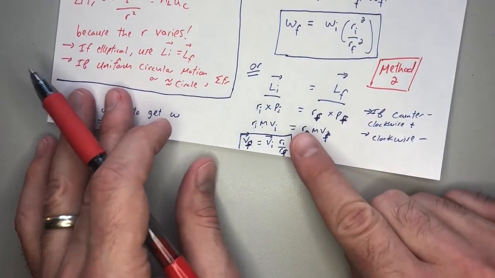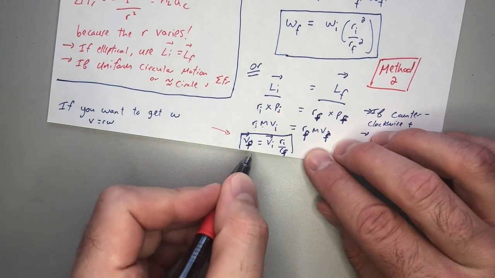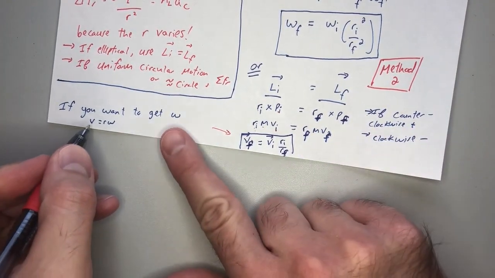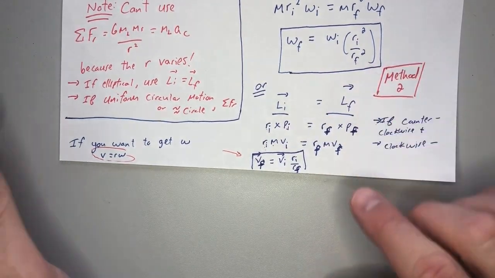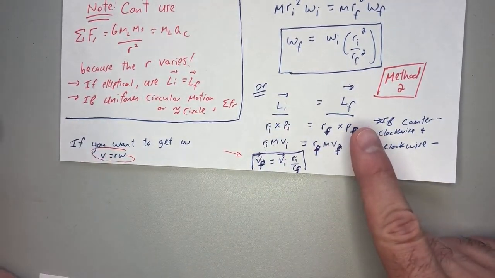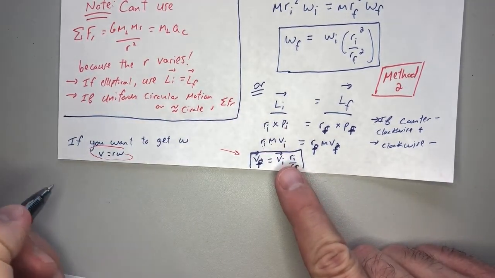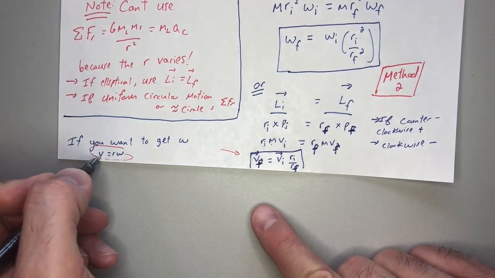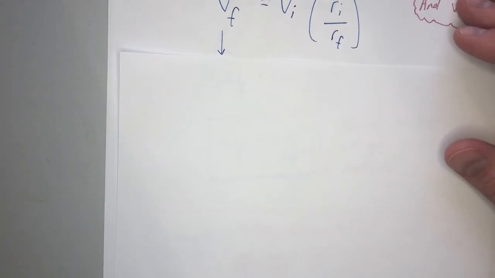But if I want to explore this one step further, you're like, okay, I got an answer in terms of v's, can I relate that back to omega? Absolutely. You know from before that v equals r times omega. So if you ever did it this second way, which is a fine way to do it, it's the cross product between your r vector and your momentum vector, and I was lazy with my vector symbols there. If you want to relate back to omega, you just say, hey, v equals r omega, and the last page right here, we have our formula right there that we just derived from using conservation of angular momentum,